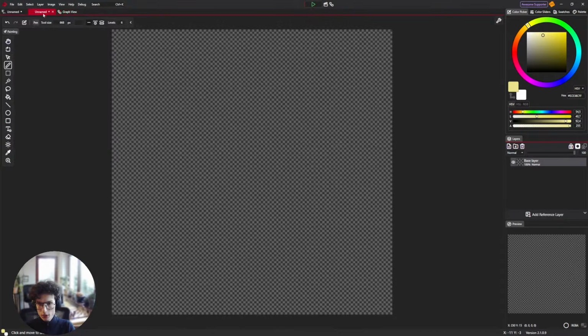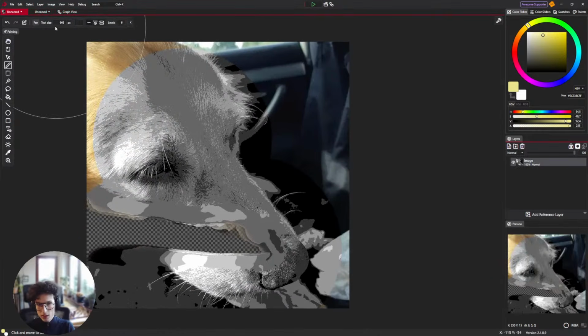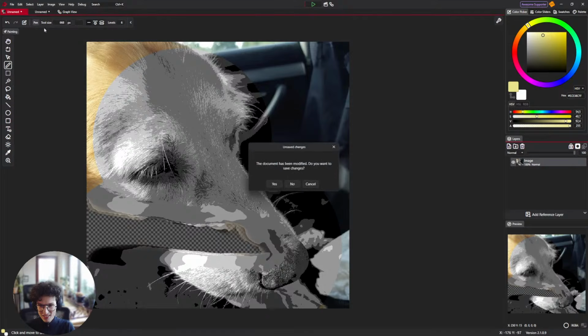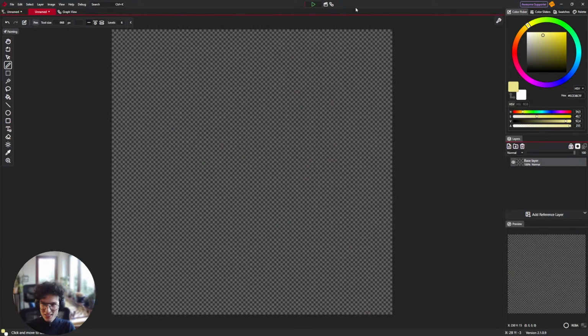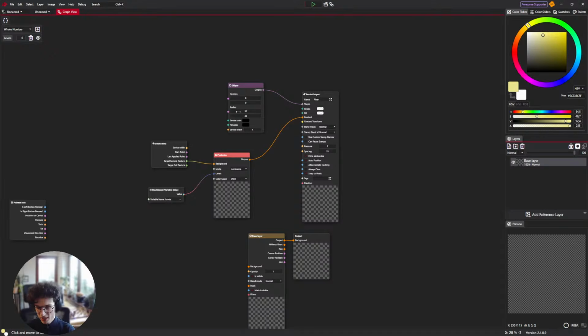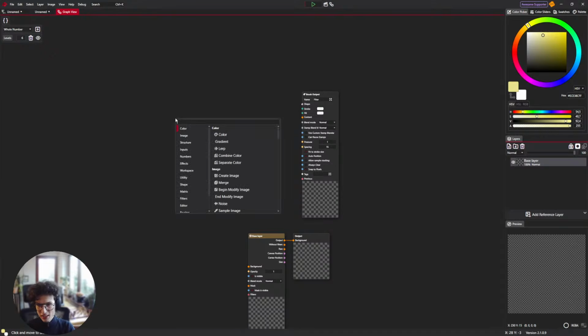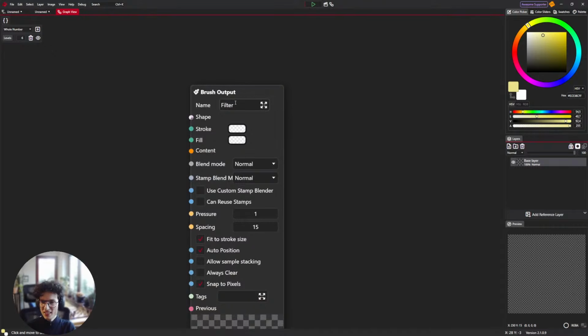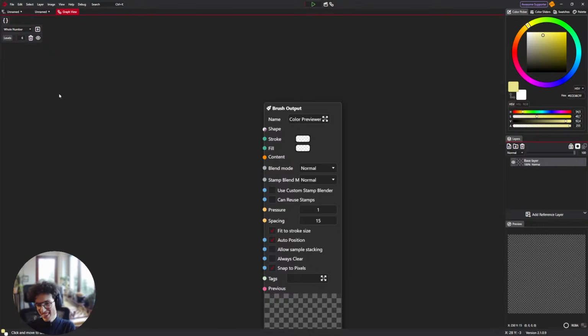Okay, maybe something more interesting now. Something that is completely not a brush, at least not in a normal sense, but it's interesting. So I played around with it a little previously, and we can make a color value display brush. I'm gonna explain it in a second. Just let's give it a name. Maybe previewer. Color previewer. Yeah. Okay, it's a little hacky, but